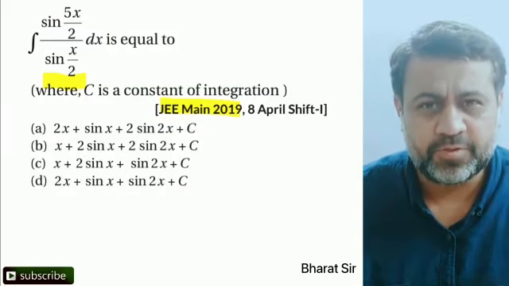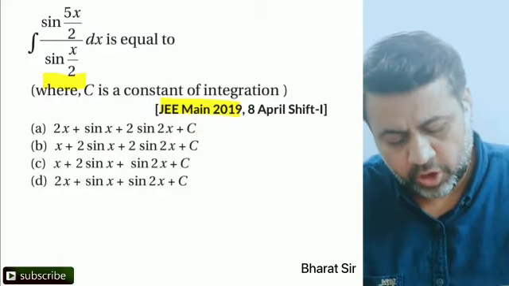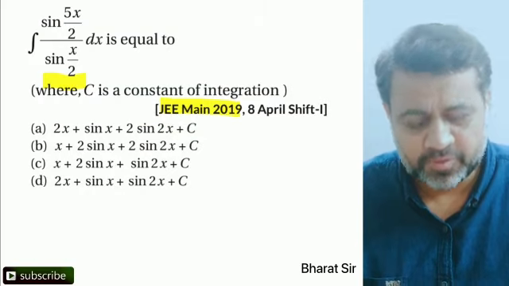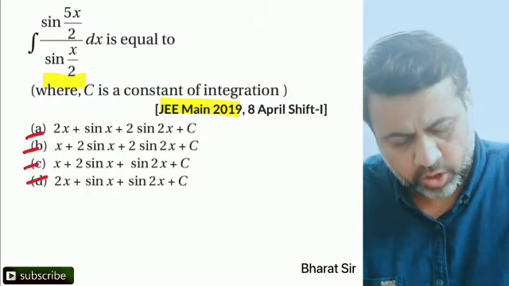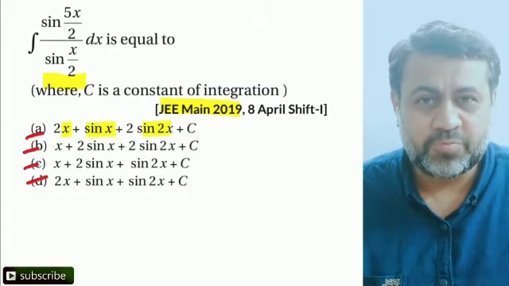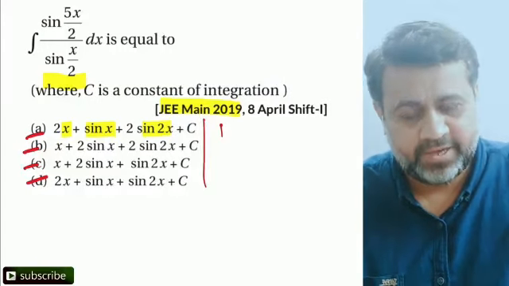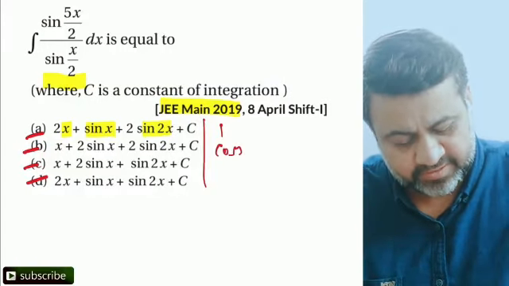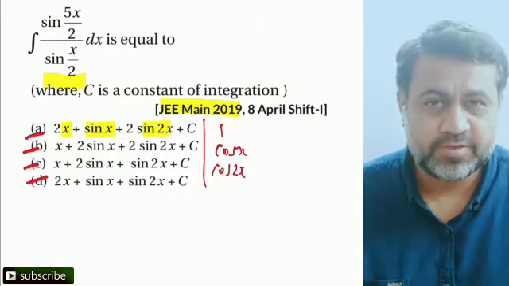And there are plenty of formulas to be used. So to get a better idea, let's read the options also, right? In JEE Mains you read the options also, isn't it? So when you observe these four options, you realize all options have x, sin x and sin 2x. That very moment you realize that you have to integrate 1 to get x, integrate cos x to get sin x, and integrate cos 2x to somehow get sin 2x.